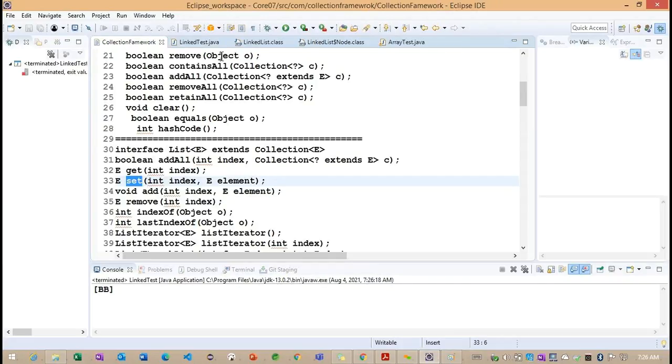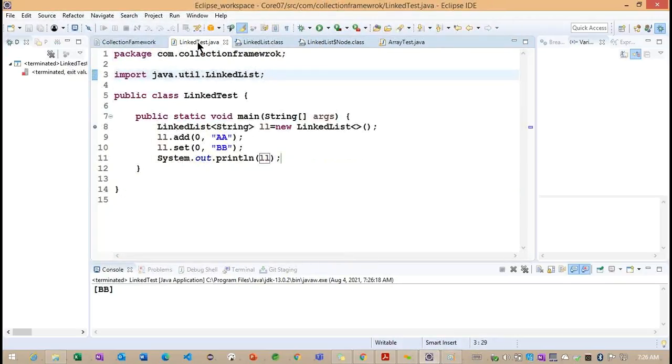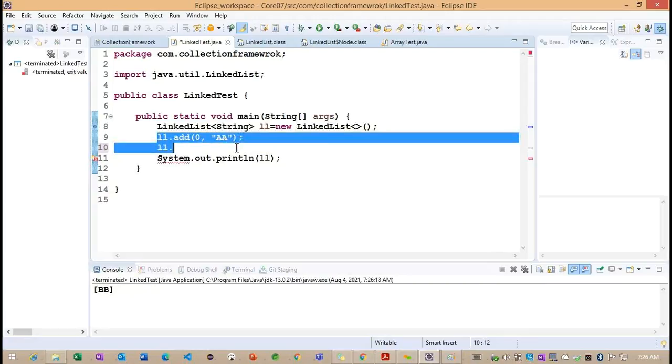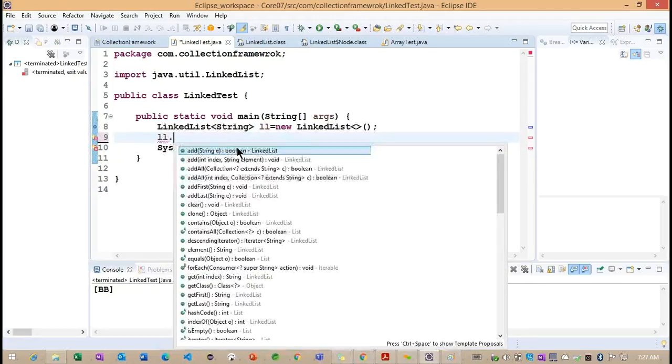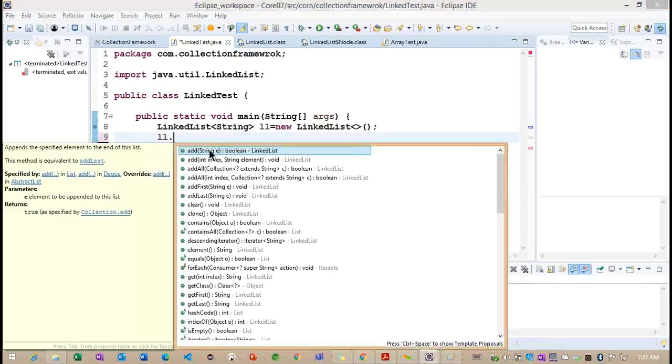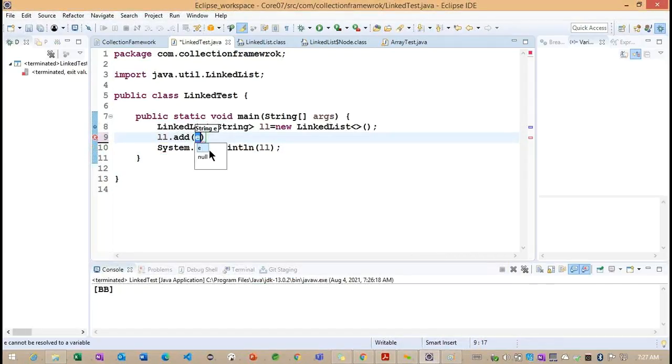So to go for the remove method, now what we can do? To understand the remove method, I want to add from the ll.add.